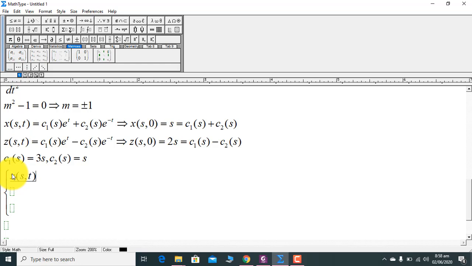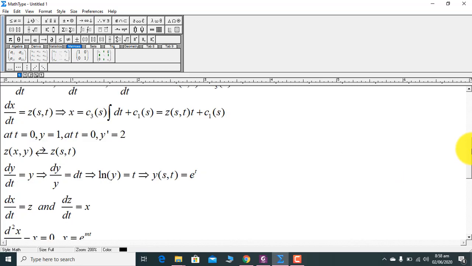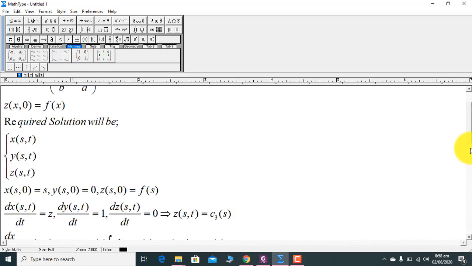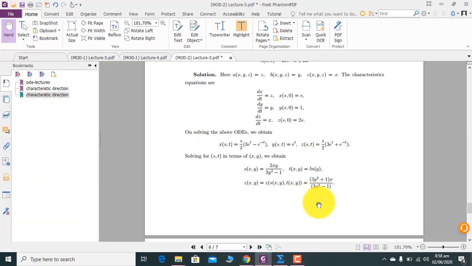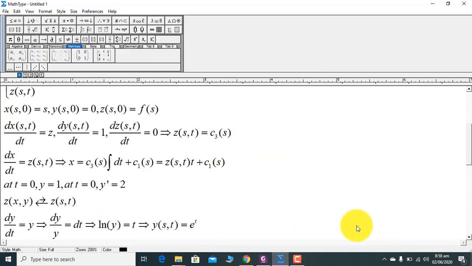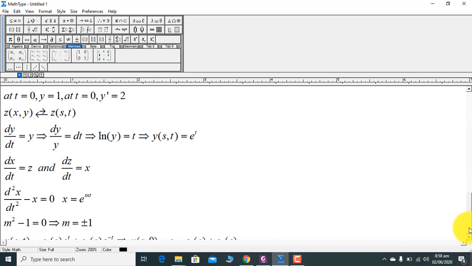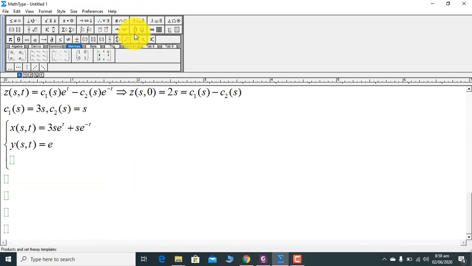The notation is not correct, so look, yeah, now it's okay. X of s comma t is equal to that, and now y of s comma t is equal to what? We know from the previous, because y was very easy. Y was e to the power t, because at t equal to 0 the answer is y equal to 1, so the coefficient will be actually 1, so we are not writing that coefficient, because c1 equal to 1 multiplied by e to the power t is e to the power t. So the answer is e to the power t